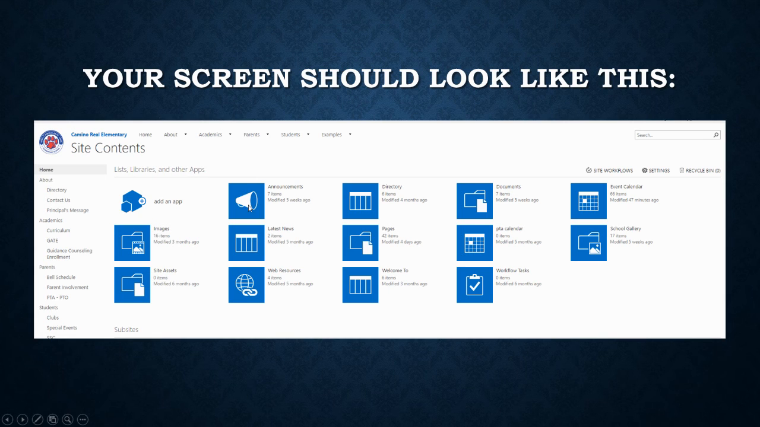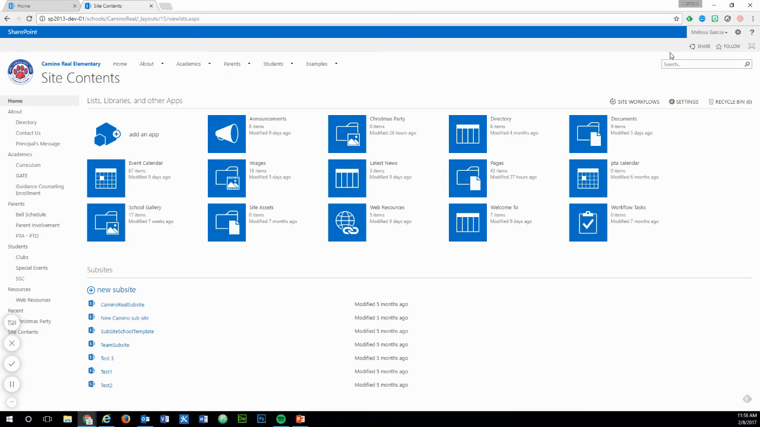So here's announcements, directory, documents, event calendar. These are all the things that you'll be using to update your site. The documents and images are where, of course, your documents and images go. So your documents can be PDFs, or they can be Word documents or Excel documents, things of that nature. And images are any images that you want to put on your site that are not going to go in your school gallery. So let's open